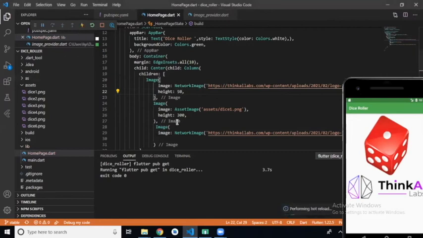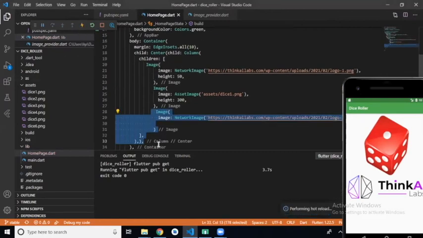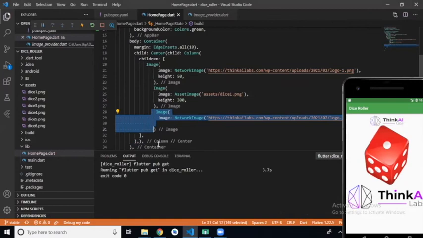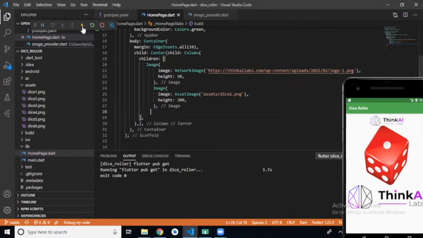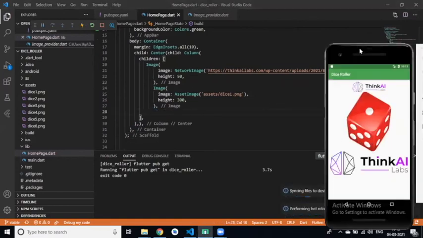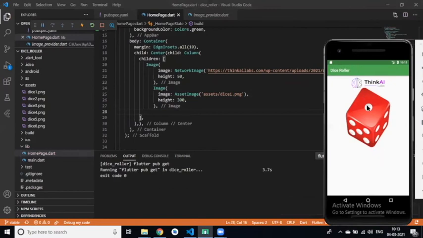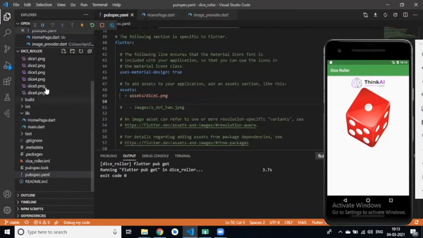So remove this. Clear? How we can use network image or asset image? Okay.